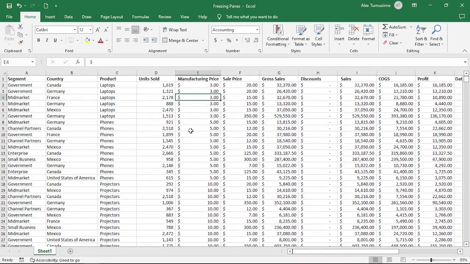Hello everyone, in this tutorial I'm going to show you how to use the freeze panes tool in Microsoft Excel. Freeze panes is used to keep part of a worksheet visible while you scroll through the worksheet. It is usually helpful when the dataset is large and there is a need to view certain sections of the